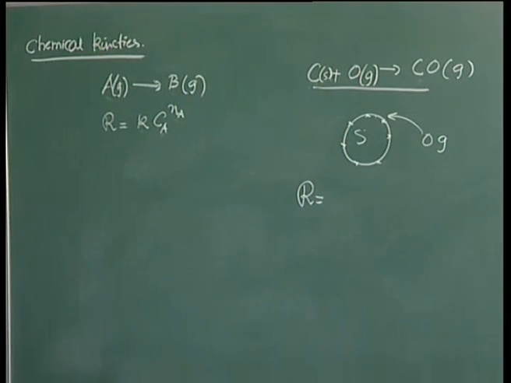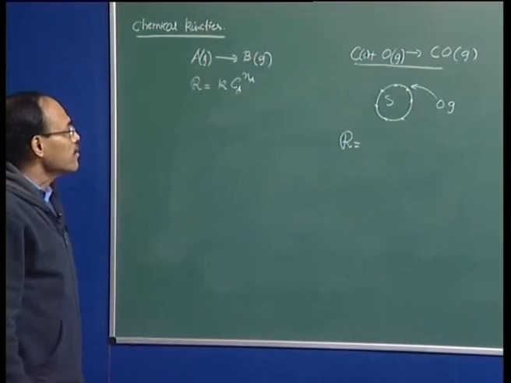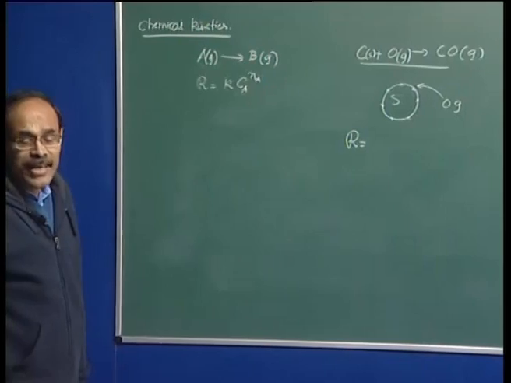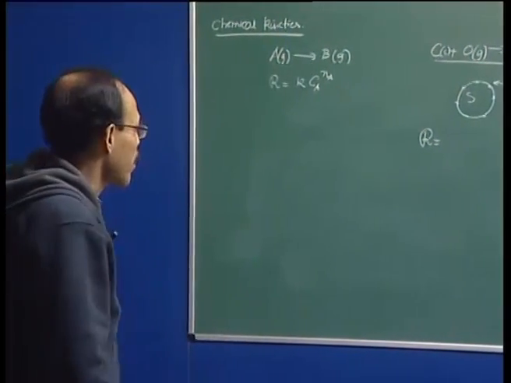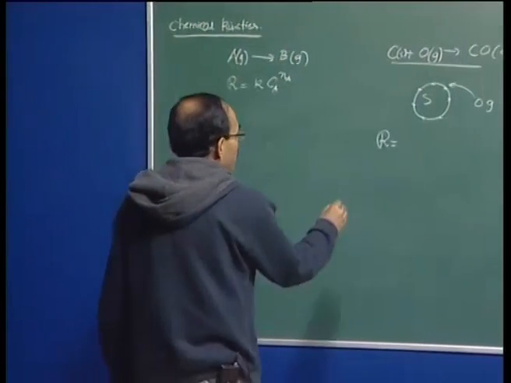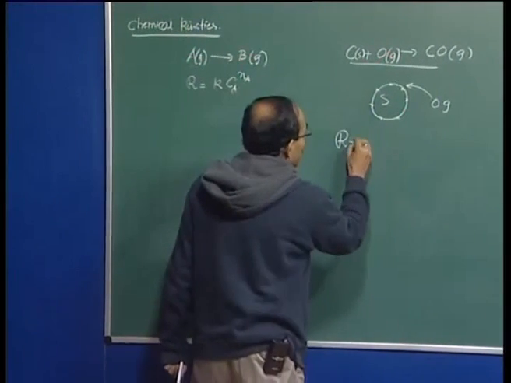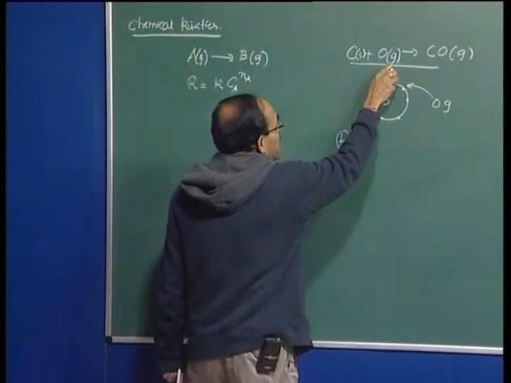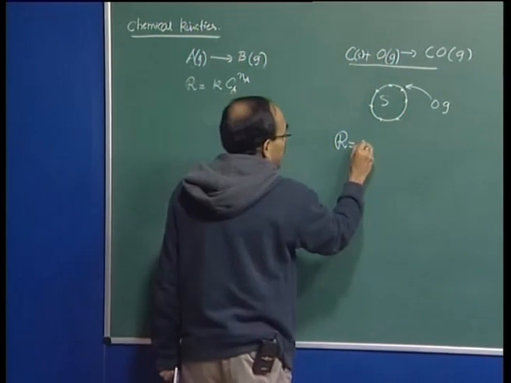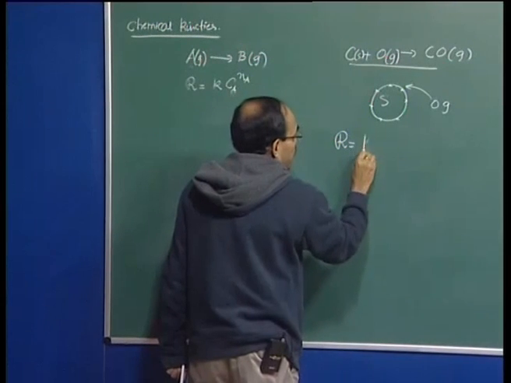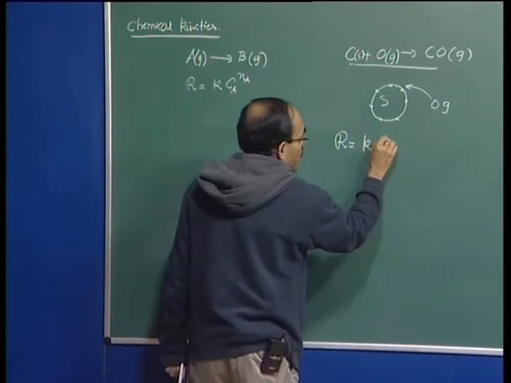I have written the concentration, but as I have mentioned also, apart from concentration, perhaps activity or chemical potential is far more important, because that represents the driving force. And if I assume that the gases behave ideally, the activity of carbon in pure phase is equal to 1. So, I can then say that it is going to be equal to